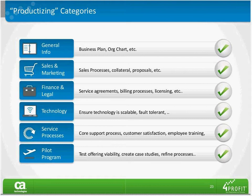The rest of the sections area, we've got sales and marketing. This is where your sales processes are going to be. This is where your marketing plan is going to be. This is where all that supporting collateral, you're going to find that, finance and legal, service contracts, billing processes, licensing, technology, what's your infrastructure look like, how's it going to scale, how you're going to handle disasters,